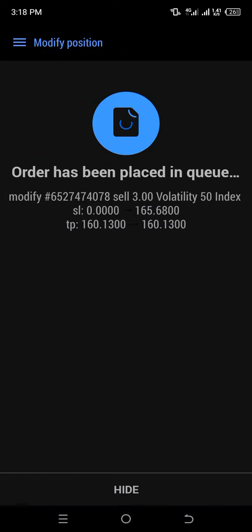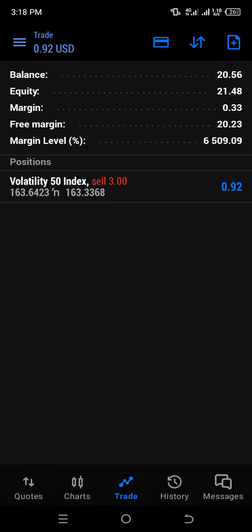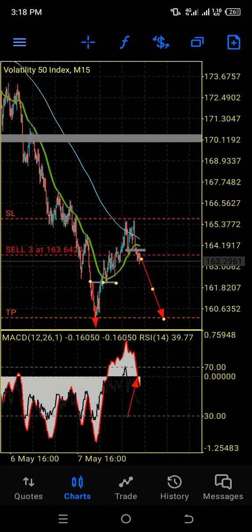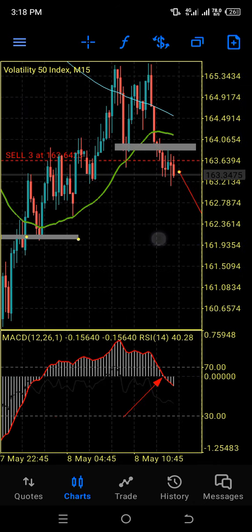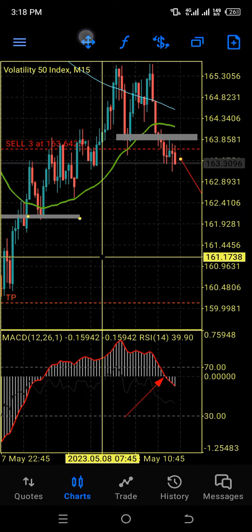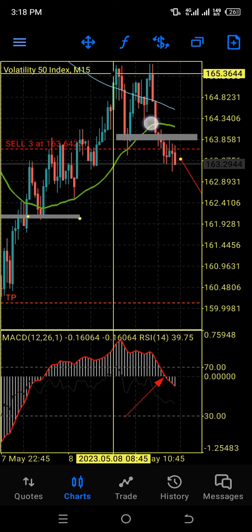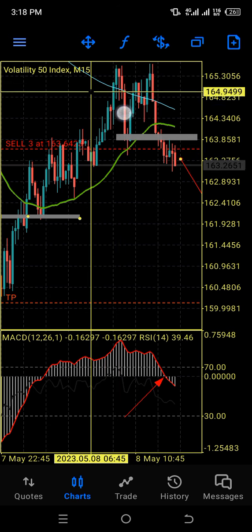Okay, so that is me protecting my account. Guys, you have to be ready to lose for you to be able to win. If you're not ready to lose, then you're not ready to win. And this is late, so it's very important I have that stop loss in order. The price actually went out the first time right here. From here, it came back again the second time. It went out here, closed back in, went out again and closed back in. So I trust this to be successful.